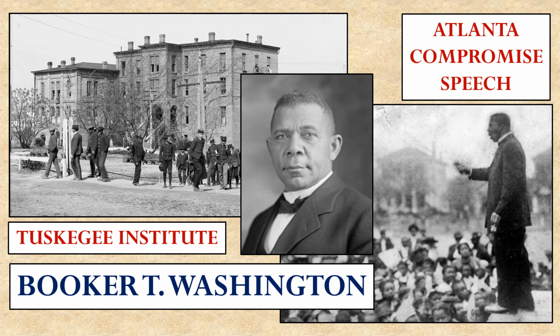Washington. He gave a famous speech in Atlanta called the Compromise Speech, in which he advocated that what black Americans should do is they should quit complaining, in a sense, and just get to work. That they should try to make themselves the most educated and accomplished people that they could possibly be. By doing this, then they would win the respect of white people, who would eventually then choose to treat them